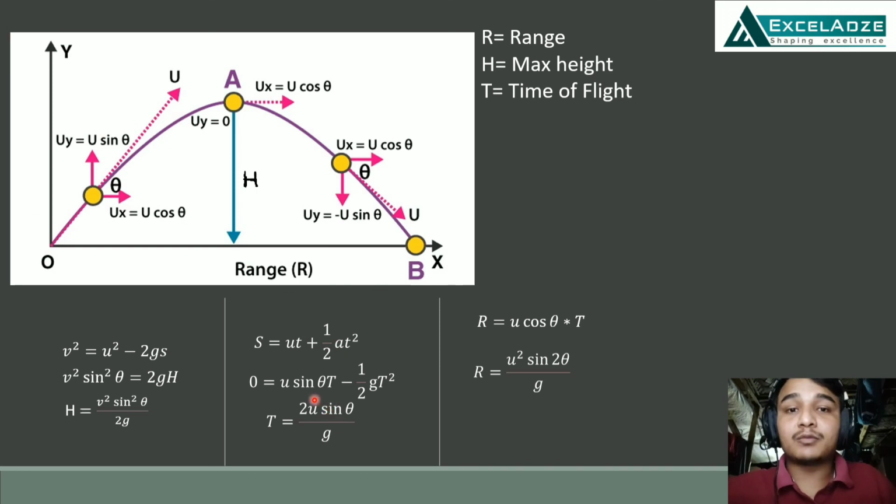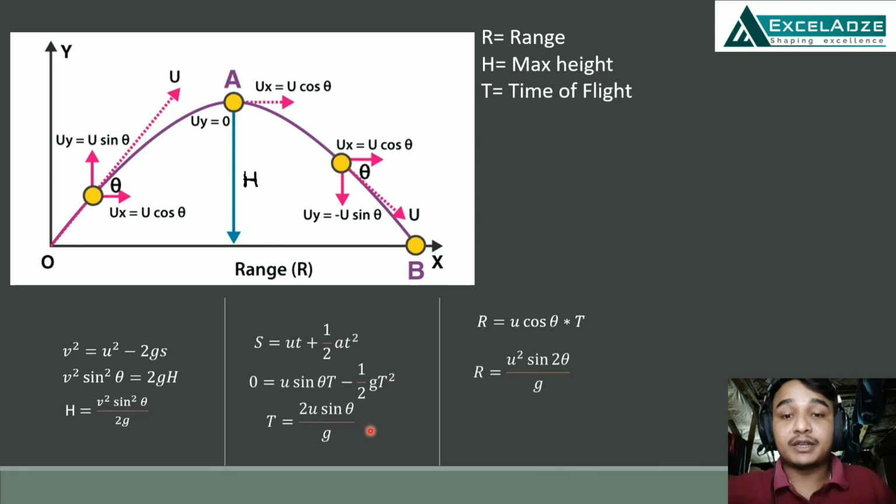Similarly, after completing the projectile motion, the displacement of the vertical component is 0, and using this formula we can find the time of flight, which is t equals twice u sin theta by g. And finally, since the time is the same for both the components, the displacement in the horizontal direction will be the range. Since there is no acceleration in the horizontal direction, the simple formula speed multiplied by time will give the range.